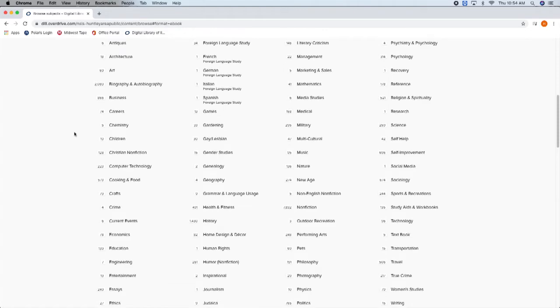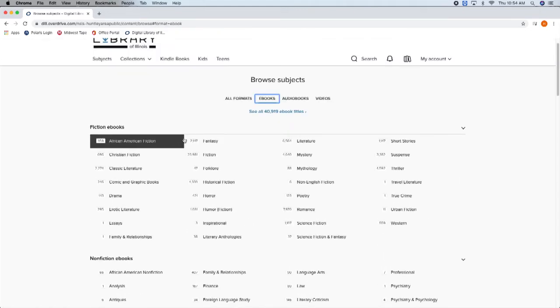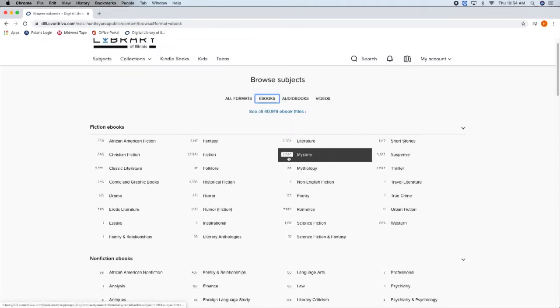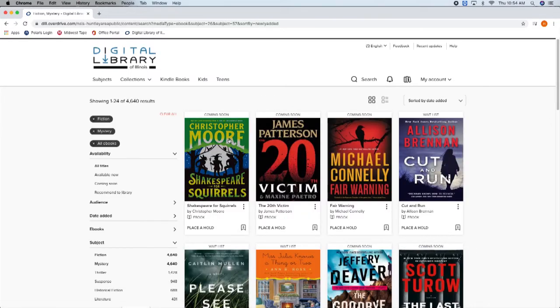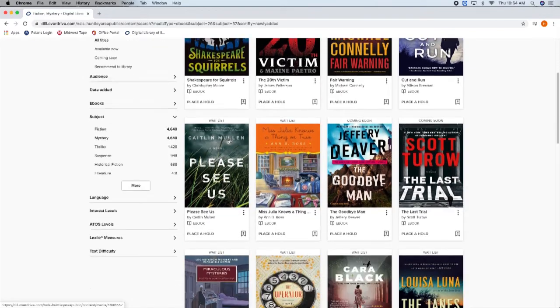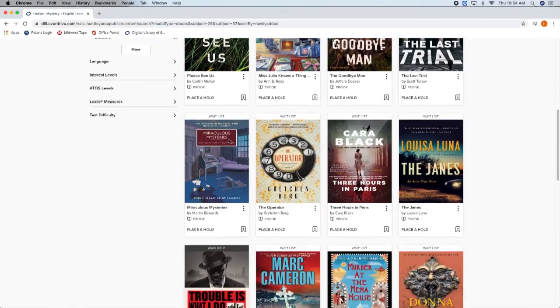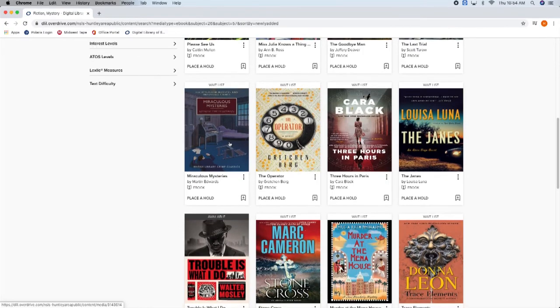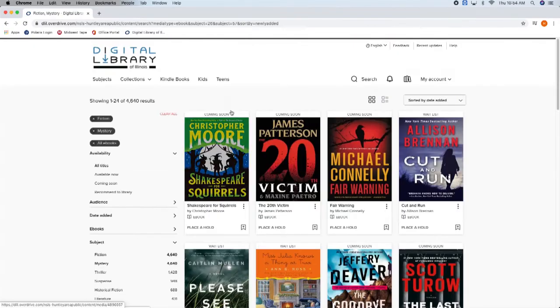You can see the number of titles within each collection here. Click on a subject to see the results. These results are going to include items that are checked out, available, as well as some titles that are not compatible with your Kindle. A better way to browse for Kindle-only formatted ebooks is to use this Kindle Books link